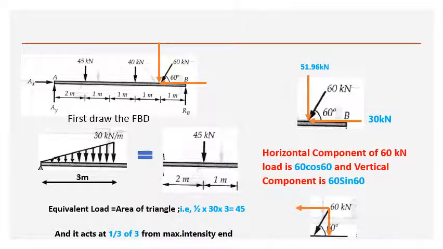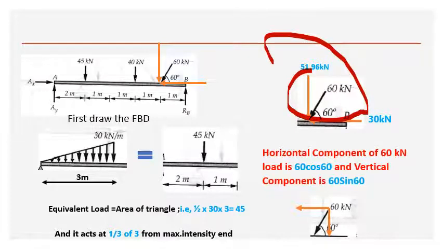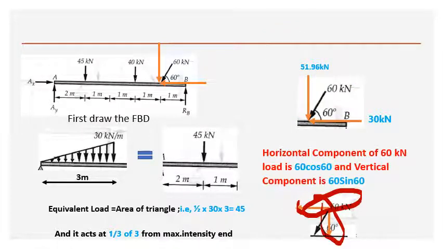These two are nothing but the vertical load and the horizontal load. Same thing, but I have shown at the point of action on the beam itself in order to avoid confusion. If I show like that, you may confuse that the horizontal load is acting for some distance from the beam. It is not. Both are acting at the point of action of the 60 kilonewton load only. Hence, it is shown like this.